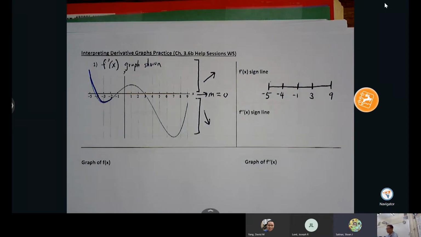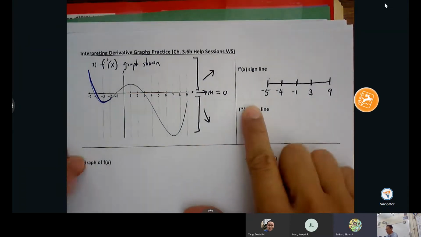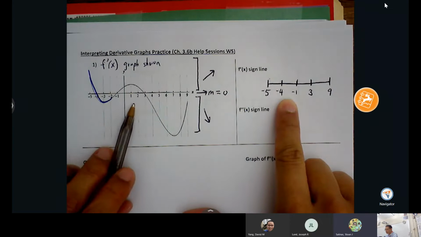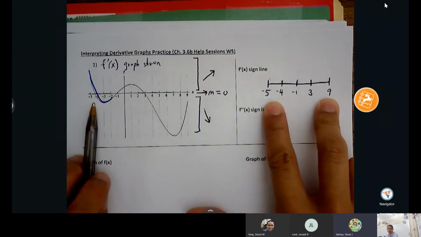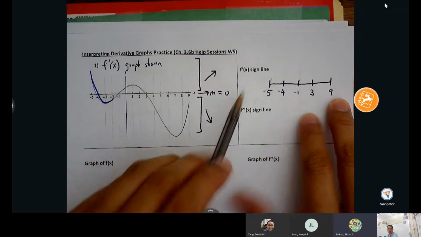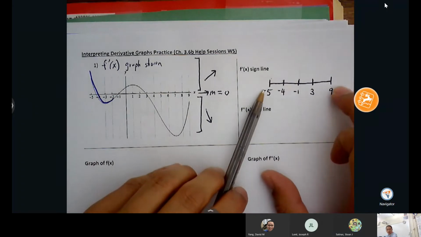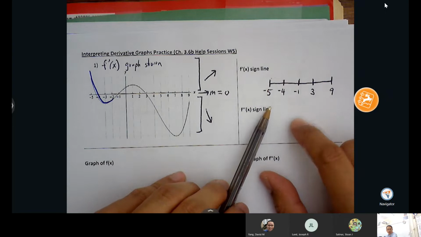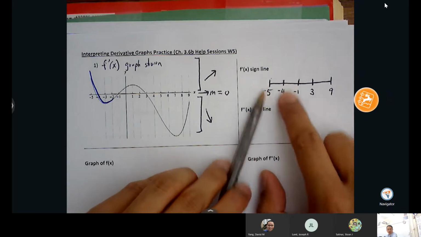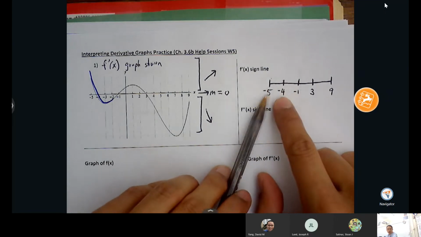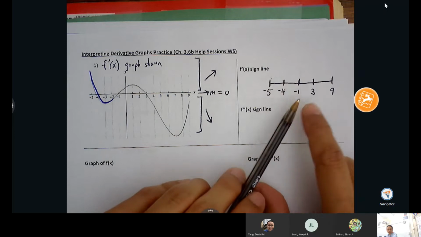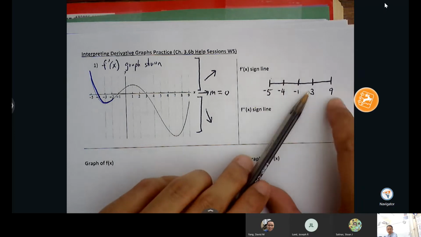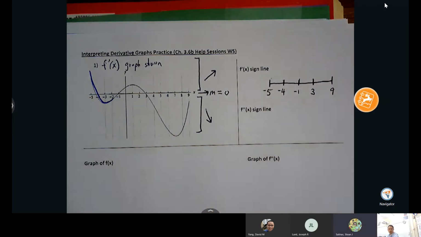Sorry, is there a reason why -5 and 9 are on there? Just because they're like the endpoints of the graph. Yes, those are there for endpoint reasons, because let's say later on I ask you what is the interval that the graph is increasing or decreasing. You would put parentheses -5 to -4, 3 to 9. So they kind of give